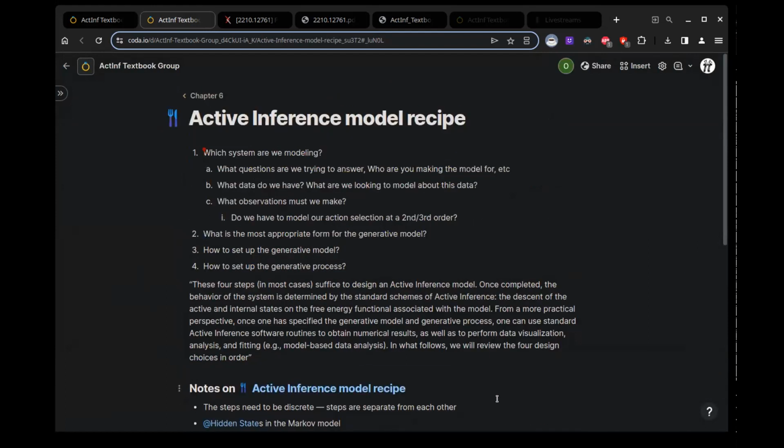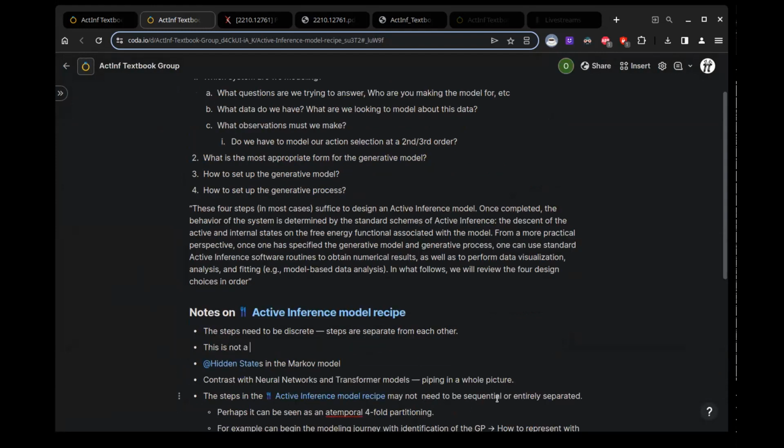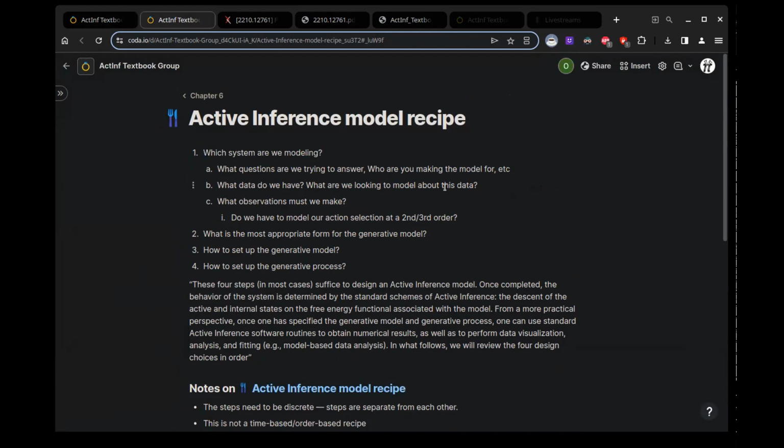So it's just a general framework to follow, the recipe. It's not, I think, needs to be strictly observed. Yeah, maybe it's more like making 4 dishes, but let's look at what they are.